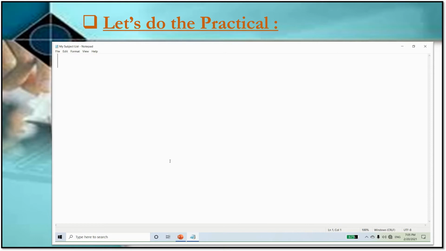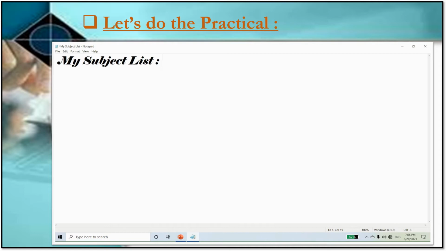First I want the letter in the capital. For that I will click on shift or caps lock. And afterwards I will click M. Then I will type my. So now I want the space in between the two words. So for that I will click the space bar button which is given in your keyboard. So students, now I will type my next word, that is subject. SUBJECT. And now next word, that is list.